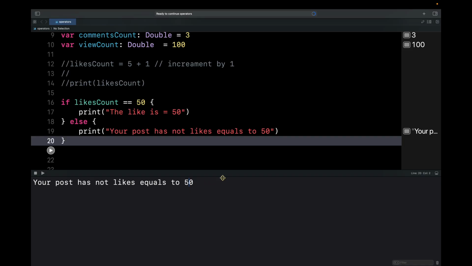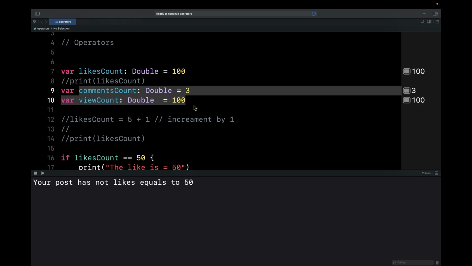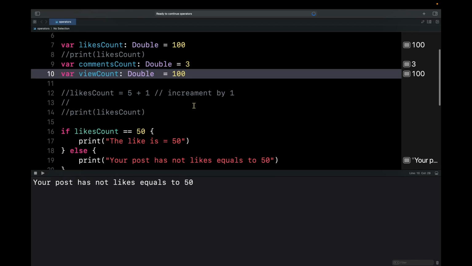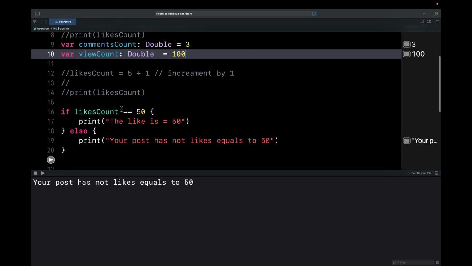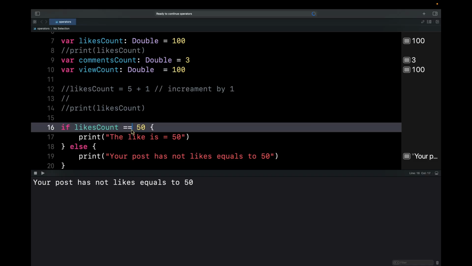So that's why I wanted to make you understand. In this video we're going to go one or two steps further. You may ask me why we created these two other variables. You can make some conditions of your own to practice yourself, but I would like to make something like comment count, and you can make two conditions in the same statement. Like how we can do that, just if the likes count equals 50